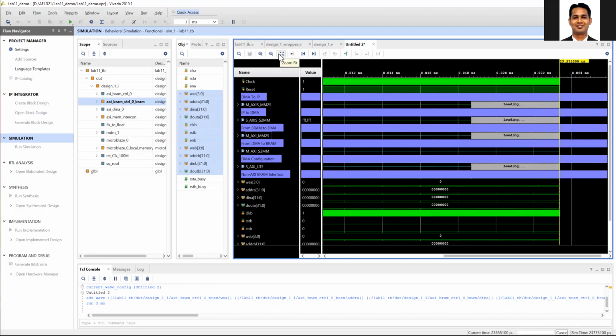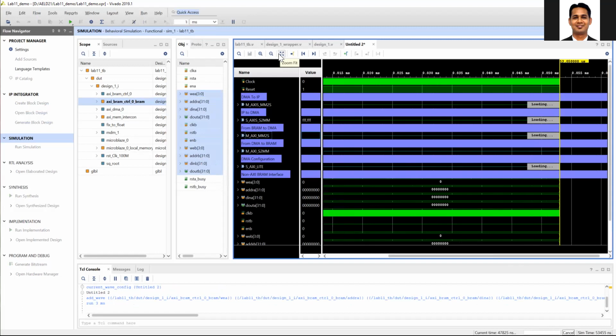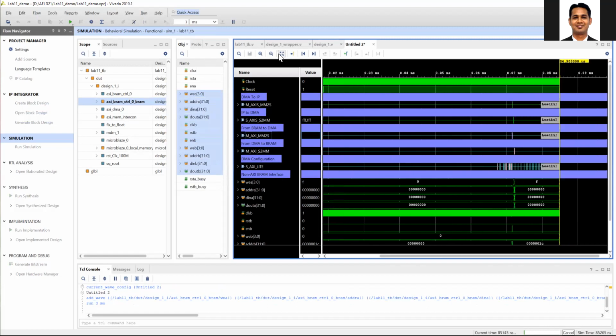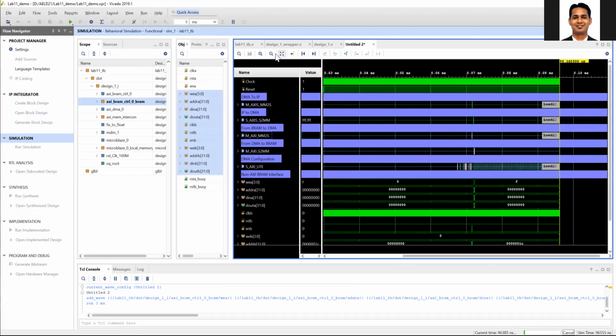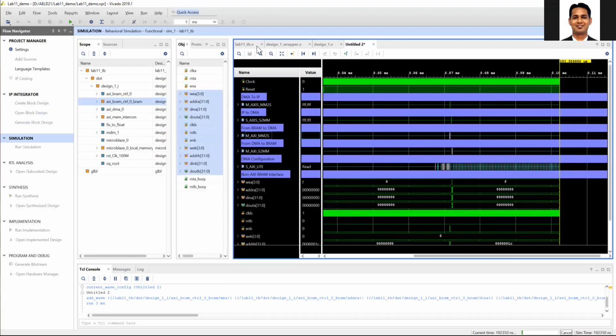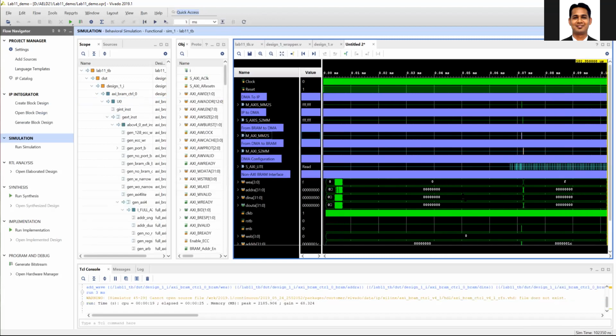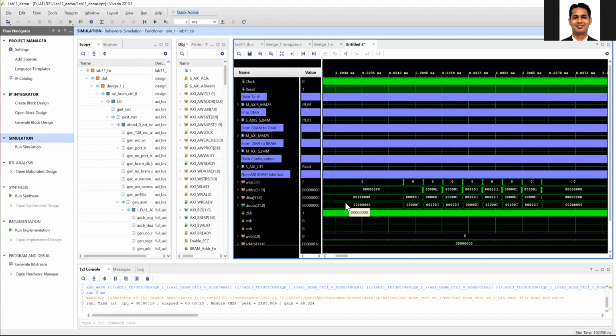Okay, some data has been, okay, something is working. So let's stop and see what is happening. Okay, so you can see that the data is being written inside the block RAM.